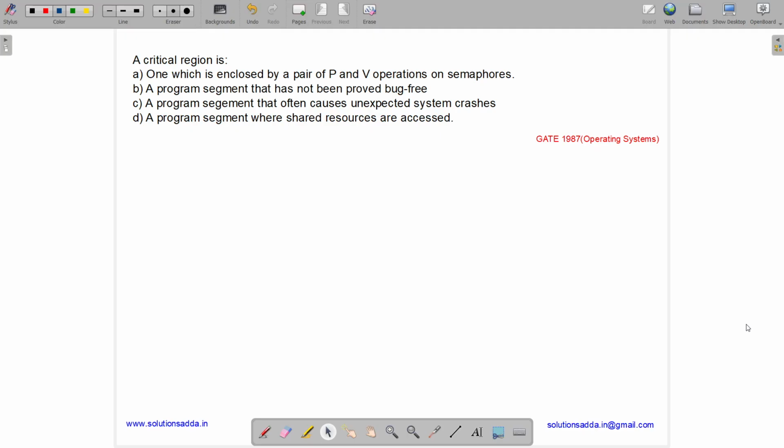This question belongs to the operating system subject and the topic name is process synchronization. It was asked in GATE CSE 1987. The question states: a critical region is one which is enclosed by a pair of P and V operations,